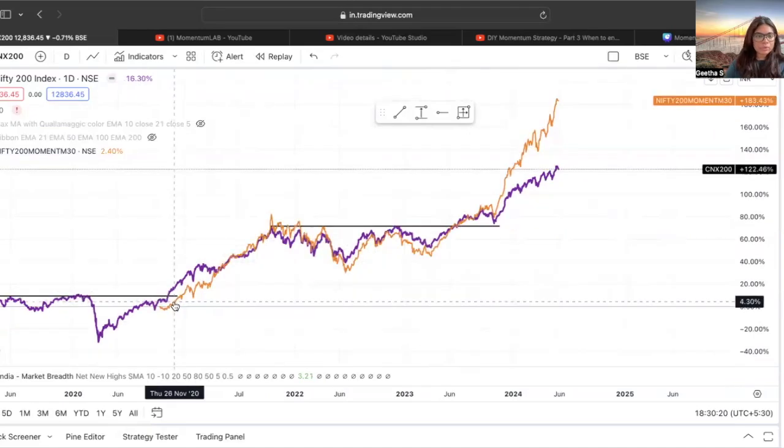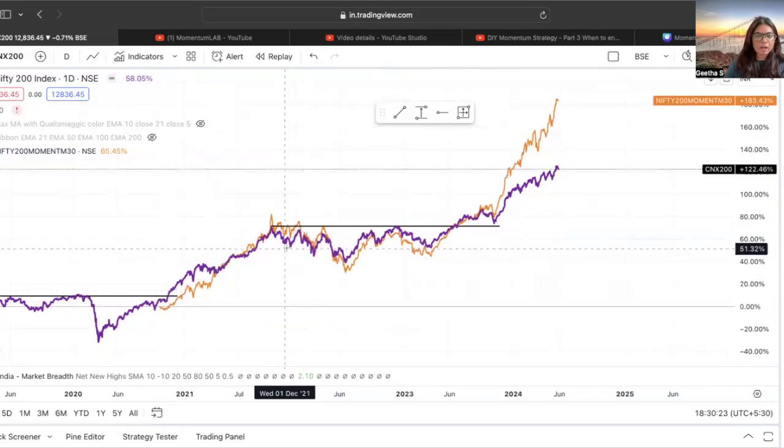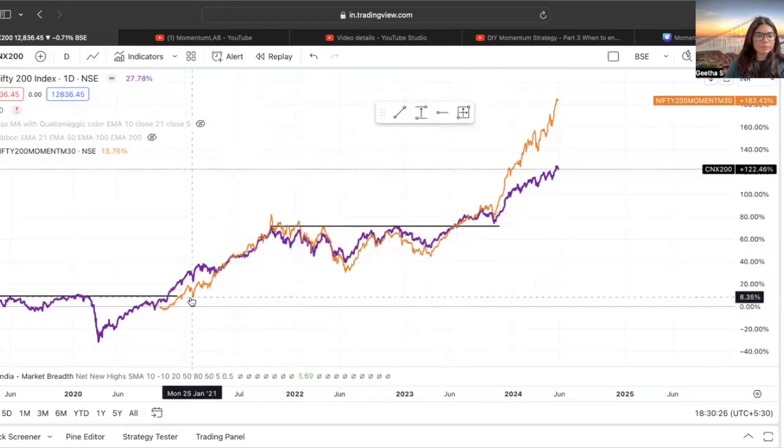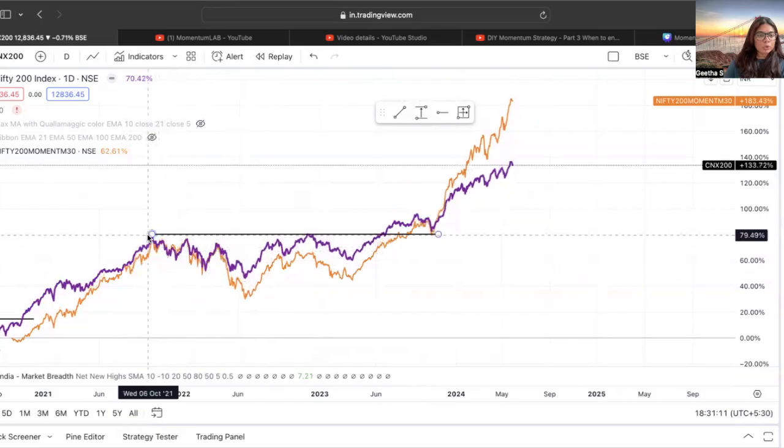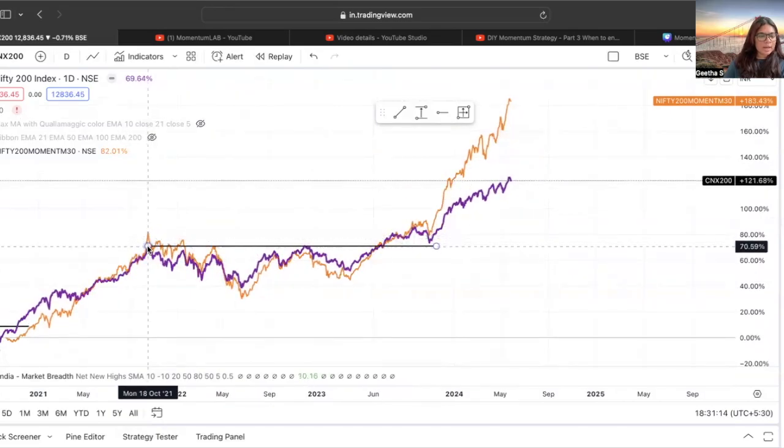The Nifty 200 index is marked by the purple line, and the Nifty 200 Momentum 30 is marked by the orange line. The Nifty 200 Momentum index has been tracked by the NSE from October 2020 onwards, so we have data only from that time. In fact, during this period, in the last 4 years, the chart shows all three trends, making it easy for us to understand. When you look at the sideways trend, which starts from October 2021 to around June 2023,